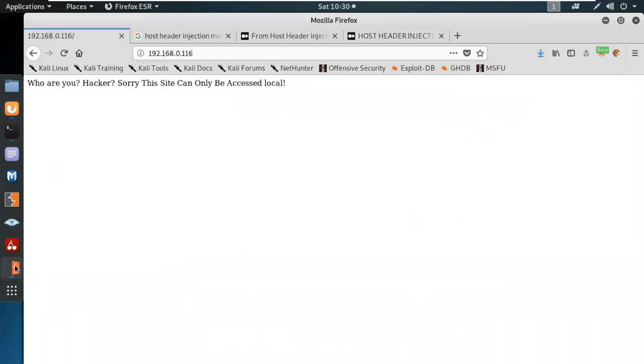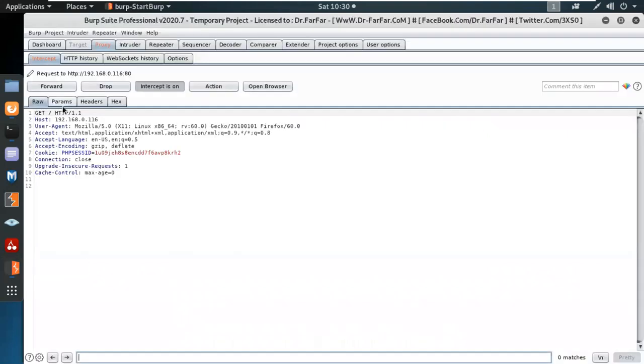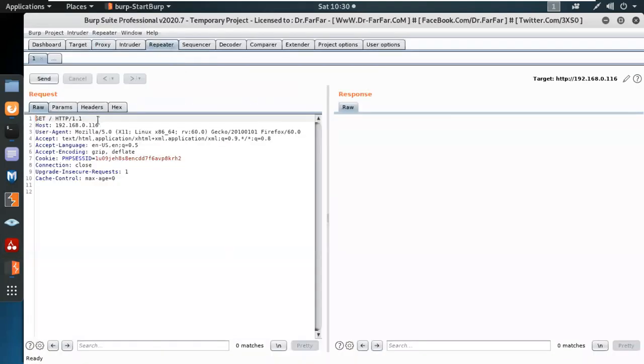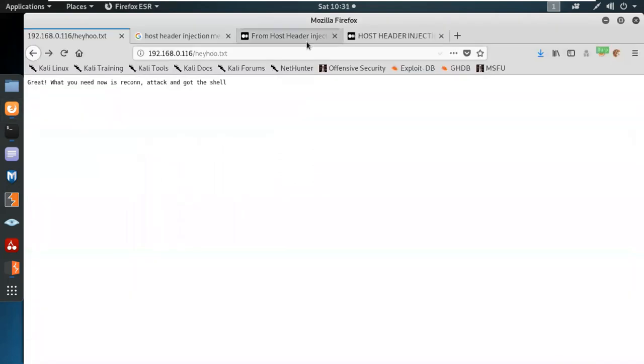Let's intercept this request. These are your headers, and see, there's a host over there. This host is redirecting the client request to the specific IP address or the domain name. And if you want to redirect this website to a different one, all you have to do is to specify a website. For example, most of the attackers simply accept the request and they check for host header injection attack. So as per the data, see, they have given